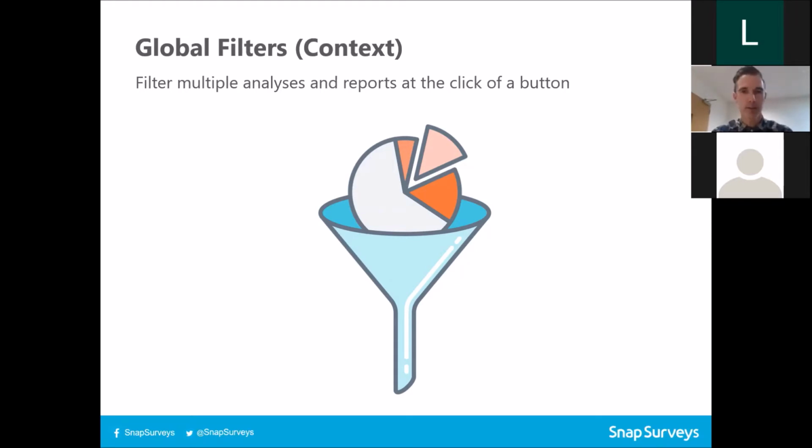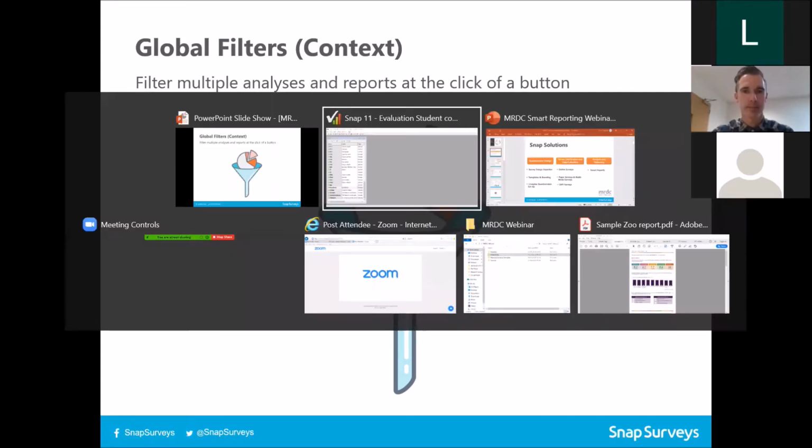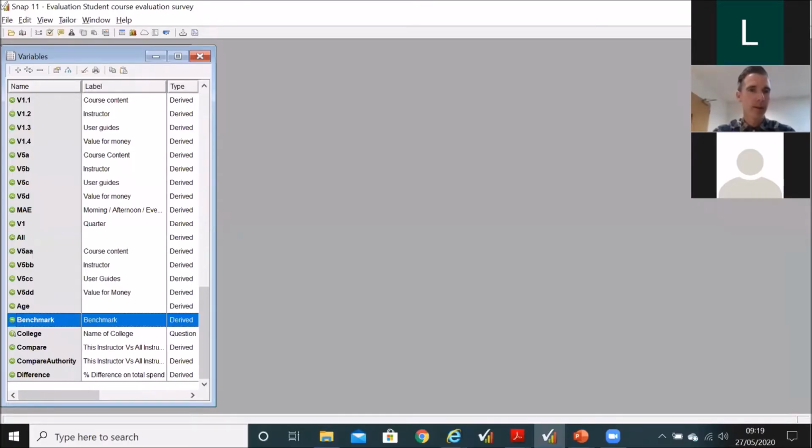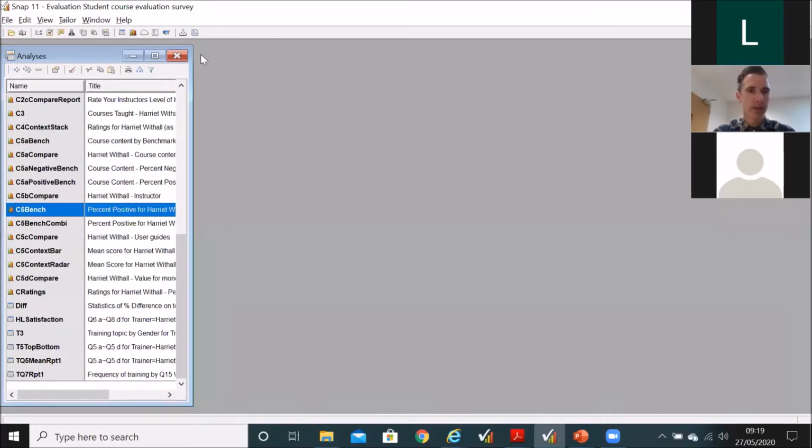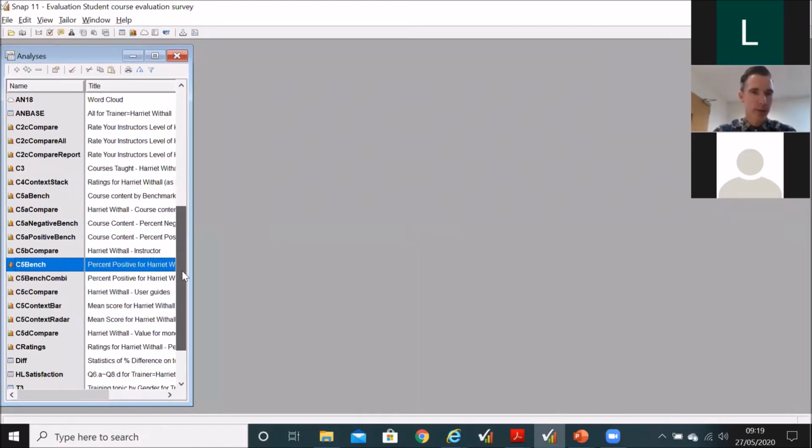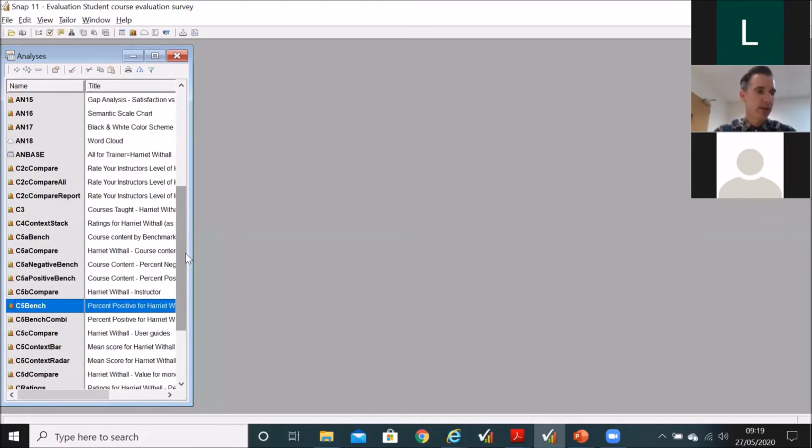So again, if I just move back into Snap, and I'm just going to move into my tables and charts. As you can see, I've got lots and lots of tables and charts, so probably about 20 or 30 different tables and charts. They're all saved, and I've got in my survey, if I take you into the actual survey itself,